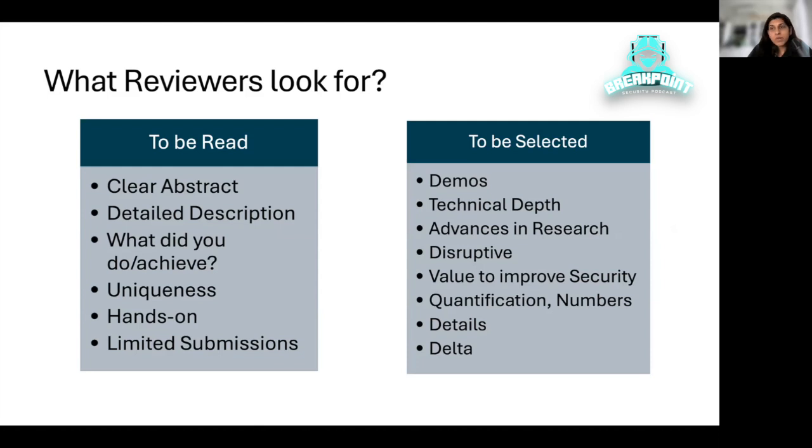And limited submission, this is something I wanted to call out. There are few, not many, but there are few researchers where you will see 6, 7 or multiple papers called out. When you do a lot of that, too many papers, it becomes difficult, first of all for the submitter, for yourself, to focus on 1 or 2 papers and bring out the technical depth, bring out the originality, but in a way it also dilutes your chances,